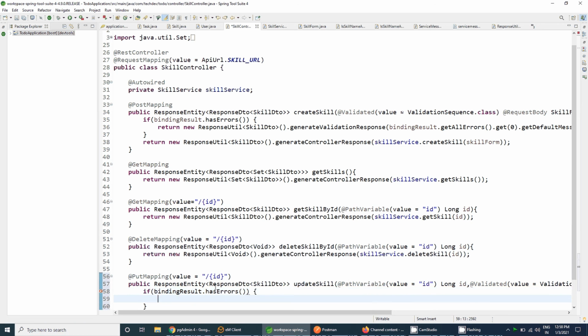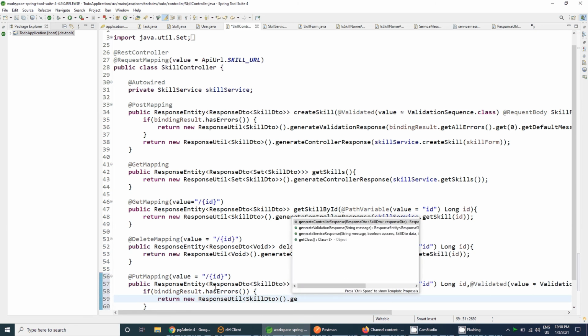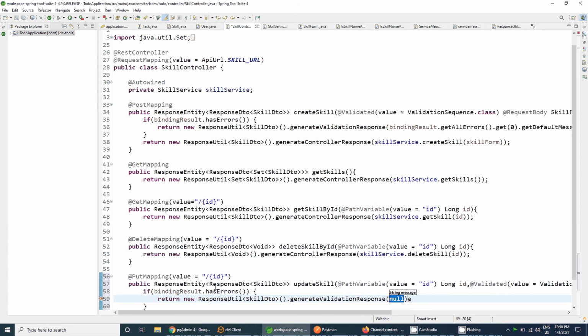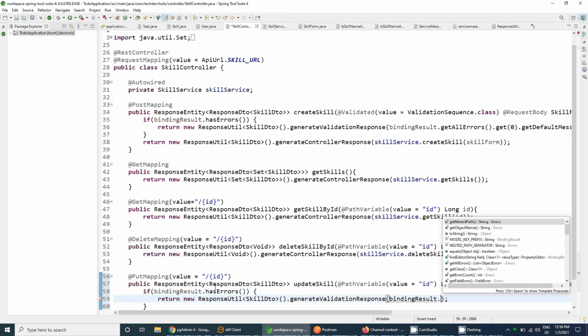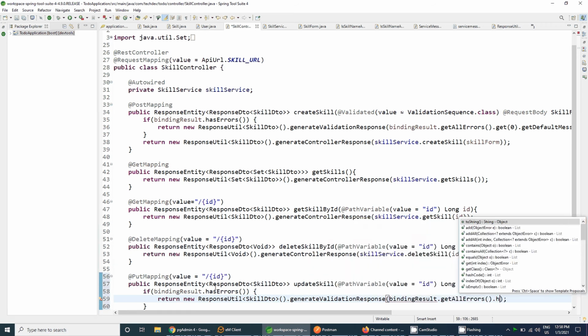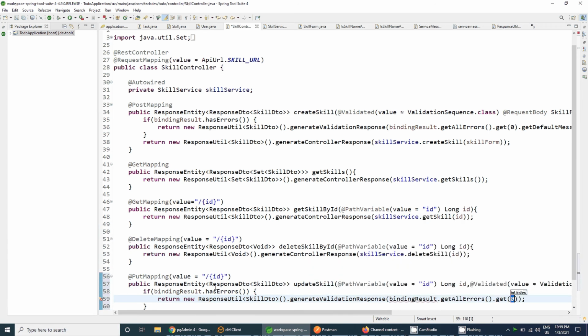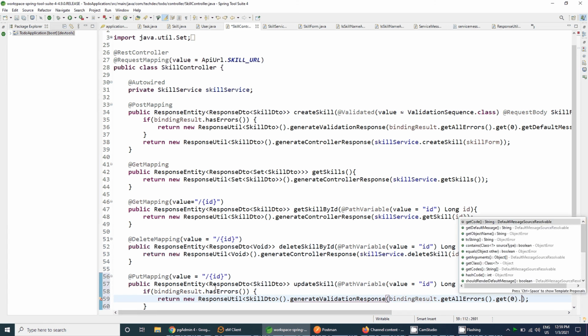Then what we will do, we will just return the new ResponseUtil of type SkillDTO dot generateValidationResponse, and you will pass the validation response here, and the validation message. For getting the validation message we will do bindingResult dot getAllErrors dot get zero index dot getDefaultMessage,